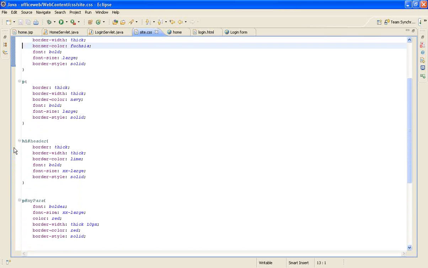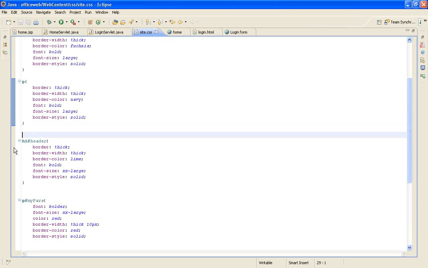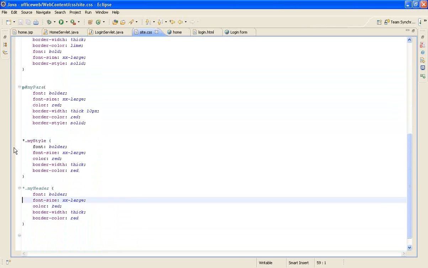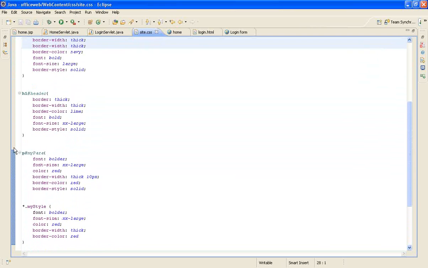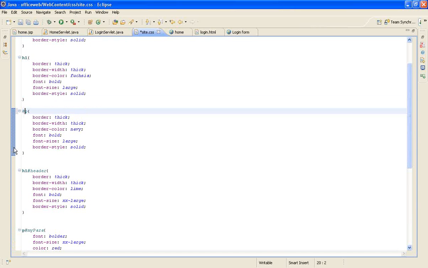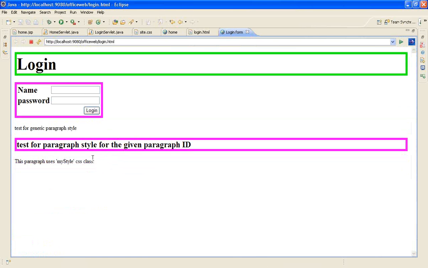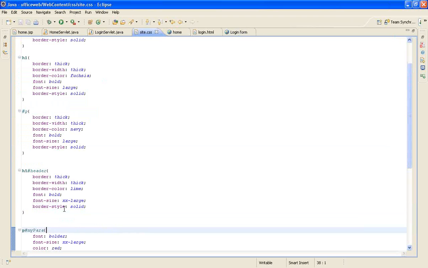There is a precedence. There is some precedence logic that works. When I specify P for paragraph, and this one, I think that earlier one takes priority. Just for now, let me try this out. I'm just commenting that. Yeah, this paragraph uses, so now I can pretty much make some changes to my style.